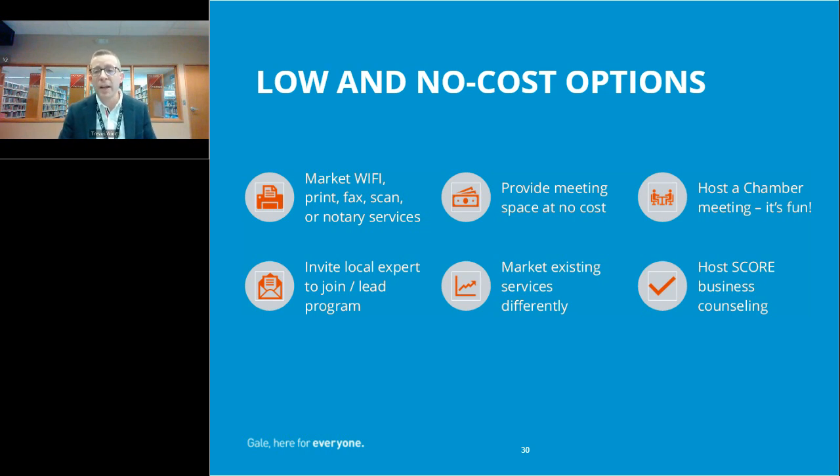If you're not doing that already, and there's a SCORE chapter in your area, or maybe you're just outside their area and there are a lot of people they get from there, the library's a great, neutral place to meet when we get to do that again, which is hopefully sooner than later. You might have to market some of your services a little bit differently. Use different language if you're posting on social media or you're sending a contact out. See what kind of response you get. You'd be surprised how many businesses are looking for lead generation stuff, and they pay big money. And we have the same information for them and can give it to them for free.